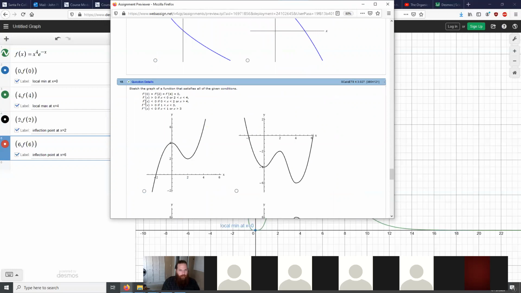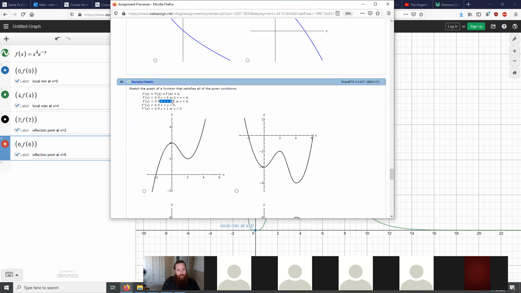This is similar to the sort of thing we did at first. They tell you where you've got some critical numbers, where f prime is equal to 0. They say f prime should be positive if x is negative, or if x is between 2 and 4. So horizontal tangent lines at 0, 2, and 4, increasing from negative infinity to 0 and from 2 to 4,